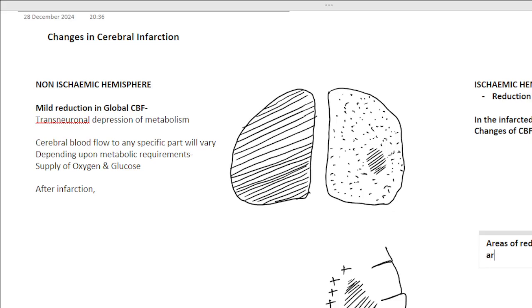What we say, the areas of increased blood flow, that is called what? Anybody? Luxury perfusion. Okay, what is called luxury perfusion? Why is it happening? Very simple, due to vasodilation